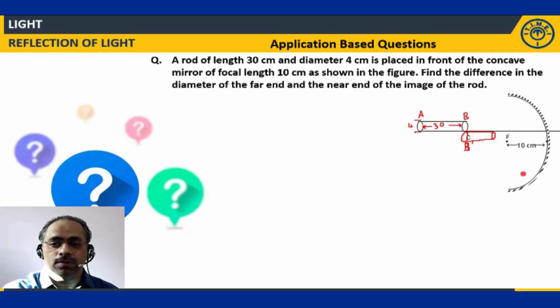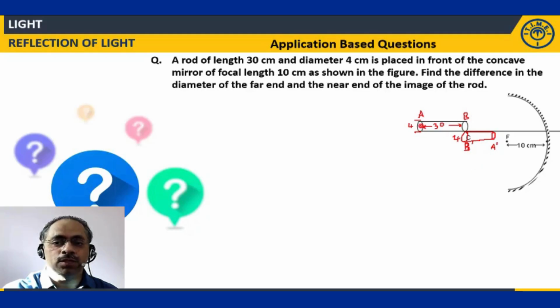Okay, now this is a real image. No doubt it is a real image. So now what is happening? At this end, it is 4 centimeter only. Okay, 4. But here, what is that diameter? I don't know. If I know the position of say A dash here,